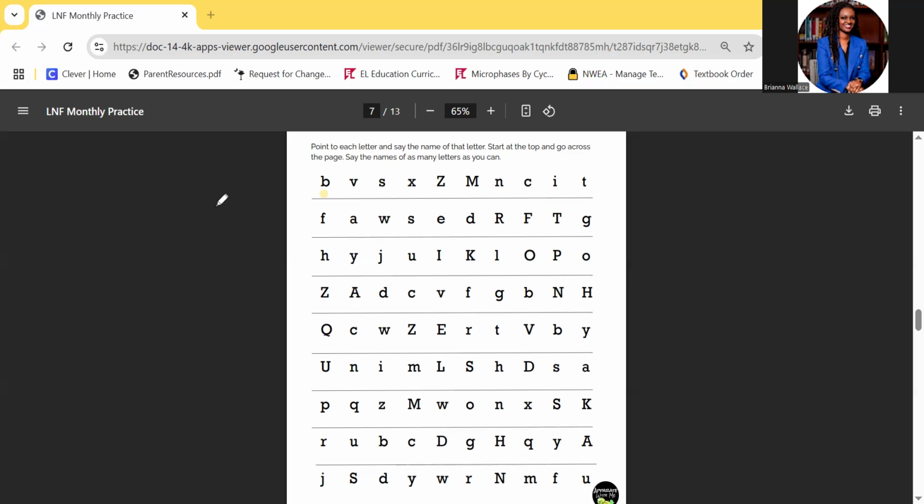So all I want you to do is say the letter name for this row. You're going to say it with me. Ready? I'm going to go slow at first, and then I'm going to model how fast we should be going. Ready? B, V, S, X, Z, M, N, C,